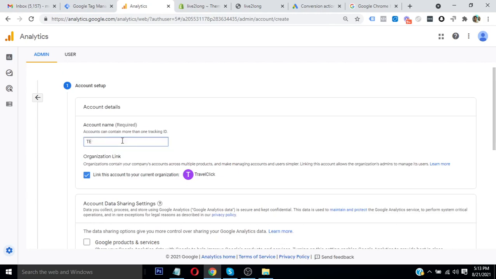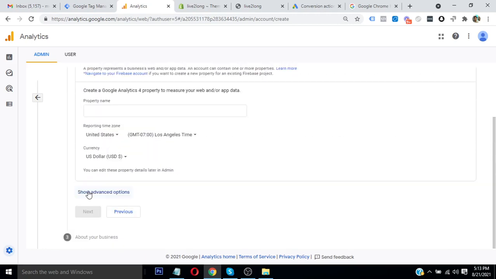You can enter test Shopify GA4. You can write anything you want. And next, again, test GA4 for Shopify. And you can select country, time zone and currency as per your region. And then we can click next.